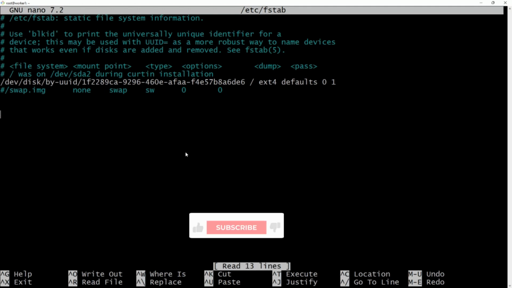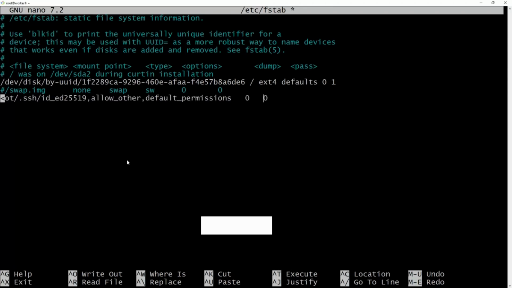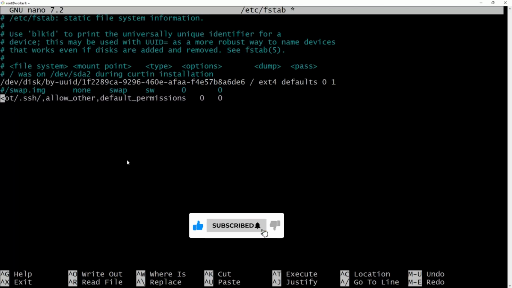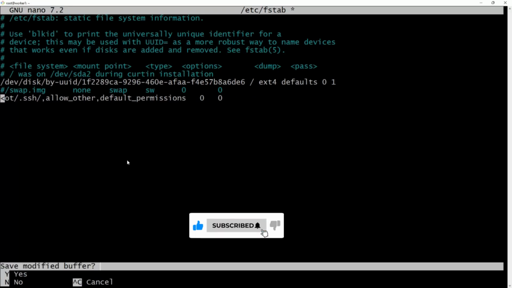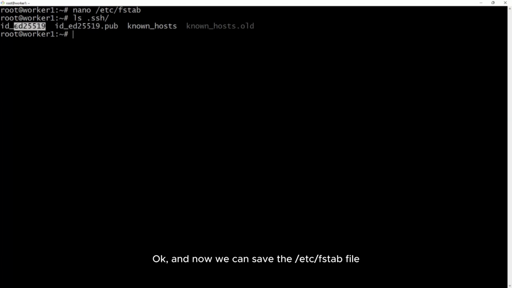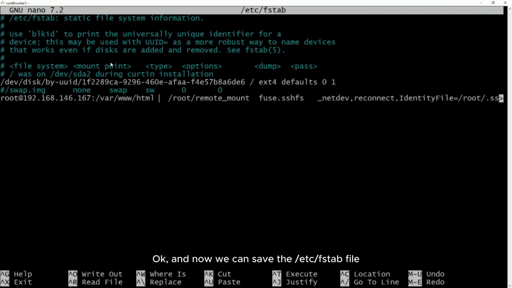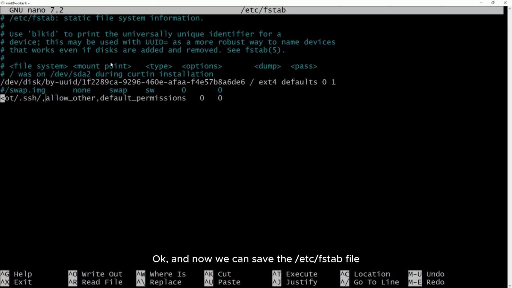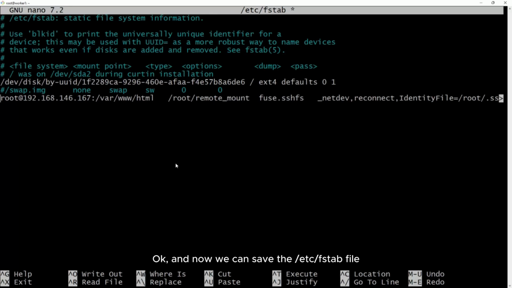Enter. Okay. And now we can save the fstab file and exit.